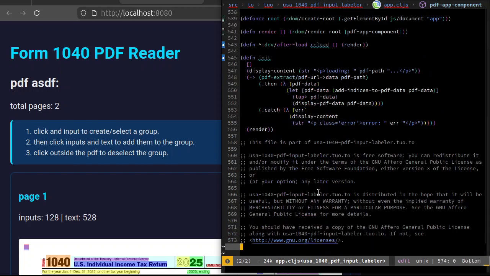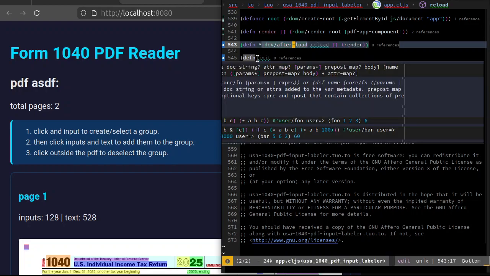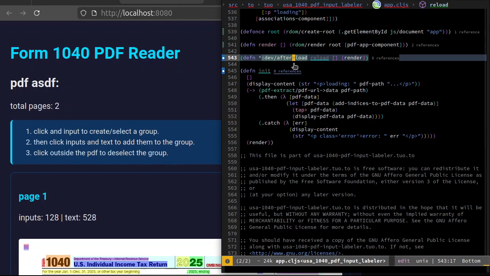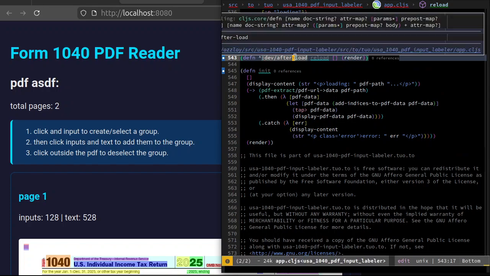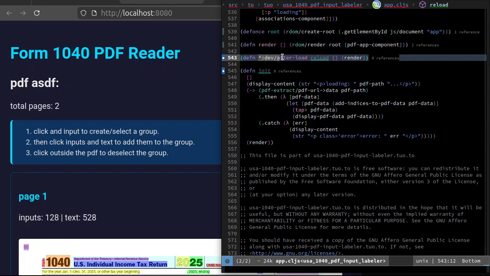Okay, so the fix was I needed a function that gets called after I hit save, and that function redoes all of the rendering. And the reason I didn't have that is because initially I just wasn't using React, and now I'm starting to use React. So every time I hit save, this annotation lets Shadow know that it needs to call this function, and this function all it does is call render. So I maybe could just put this annotation right here. I don't know